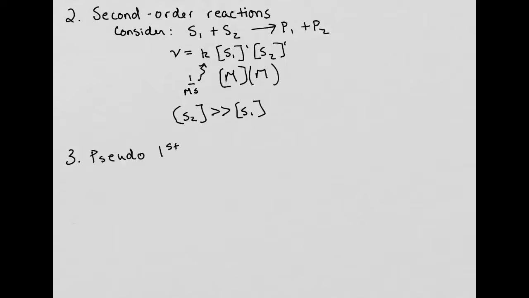A pseudo first order reaction is simplified because we basically see that S2 is in such high excess that there's no appreciable change in its overall concentration as the reaction proceeds. So now we can express a rate equation in which the S2 is considered to be in zero order. So we can say